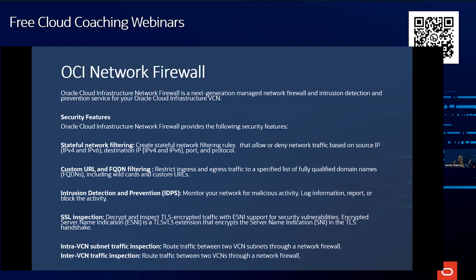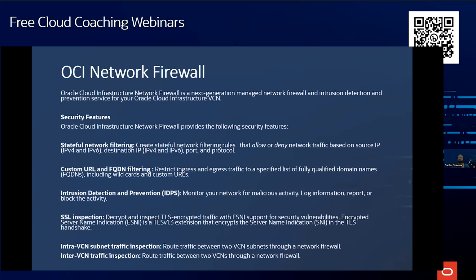We have OCI logging integration, which will support enabling both traffic and threat logs for the security policy rules. OCI Network Firewall service is integrated with OCI monitoring services also, which will allow customers to enable alerts based on the number of blocked requests and other metrics.